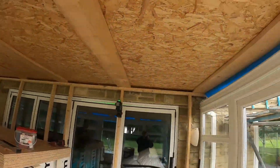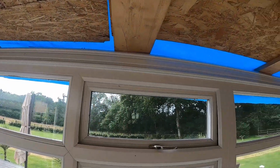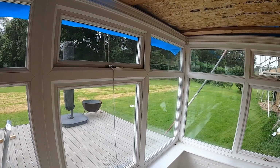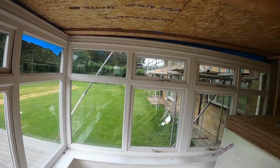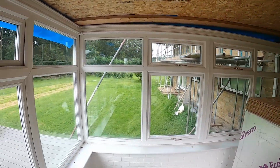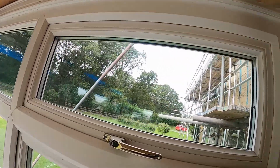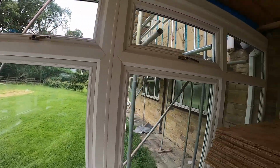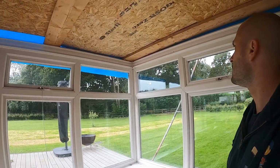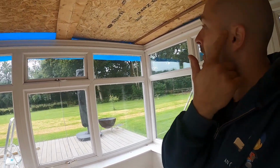So we pinged the line, as you can see, and we got a situation where that corner is low by 15mm. But because we're gonna have trough light, and also we're gonna use this as our finish, this molding there, we're gonna have to go with the flow, unfortunately. So we're gonna have to make that corner slightly lower than everything else,